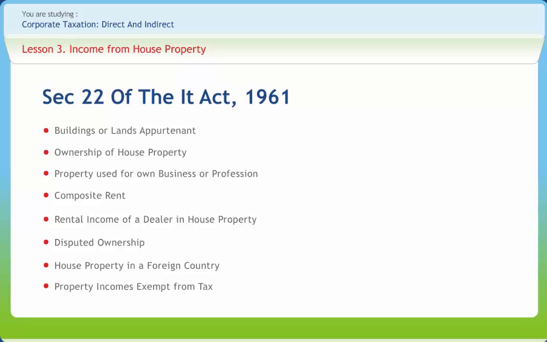Property income of any registered trade union. Property income of a member of a scheduled tribe. Property income of a statutory corporation or an institution or association financed by the government for promoting the interests of the members either of the scheduled caste or scheduled tribes or both. Property income of a corporation established by the central government or any state government for promoting the interests of members.